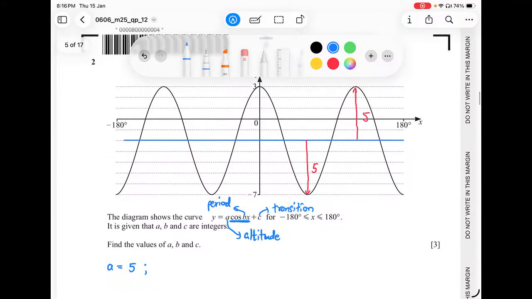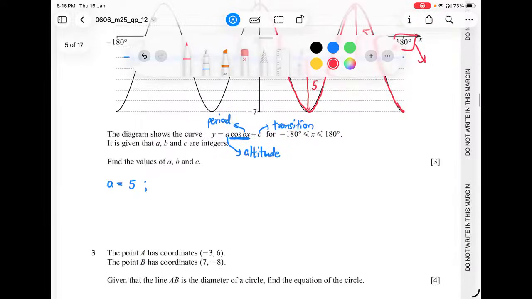And B is the period. You can see the period directly here. Basically in this graph, this is one cycle, and then another half cycle. So this is basically a half cycle. So 1.5 cycles is covered in 180 degrees to 360 degrees. Let me just write it here clearly. 1.5 cycles is covered